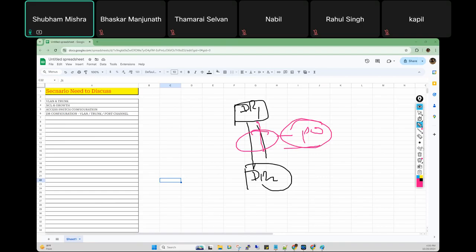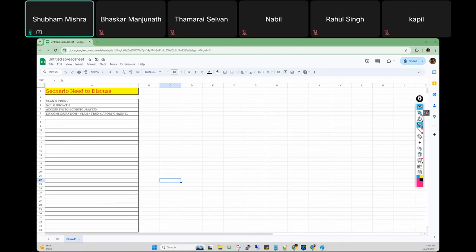So that is the port channel, and this port channel will be between the DR. Anyone who does not understand, tell me. Clear? Yes, clear until now.